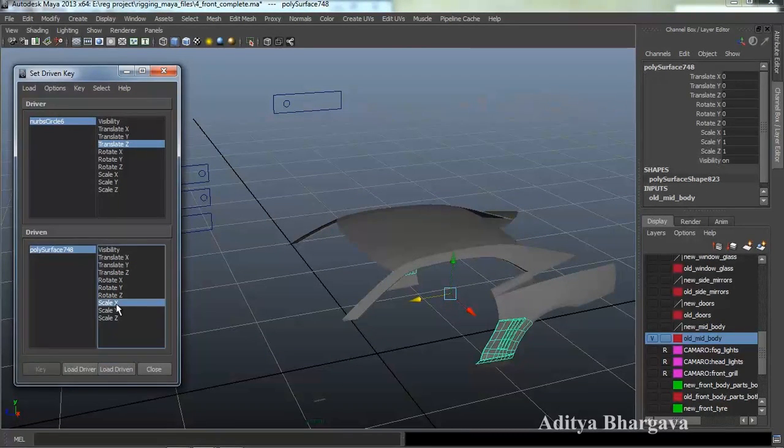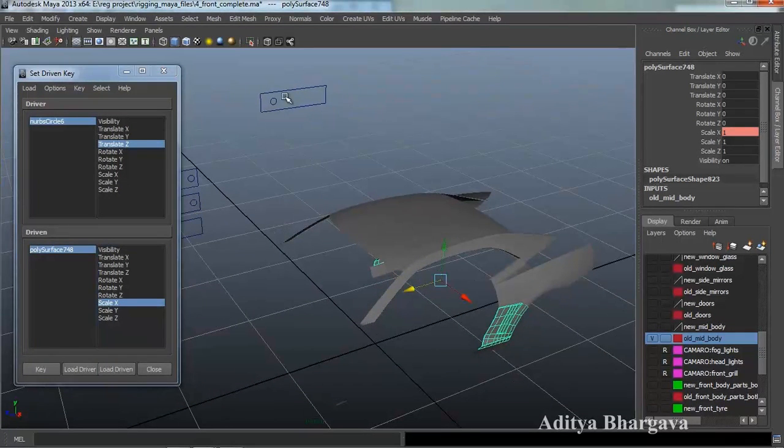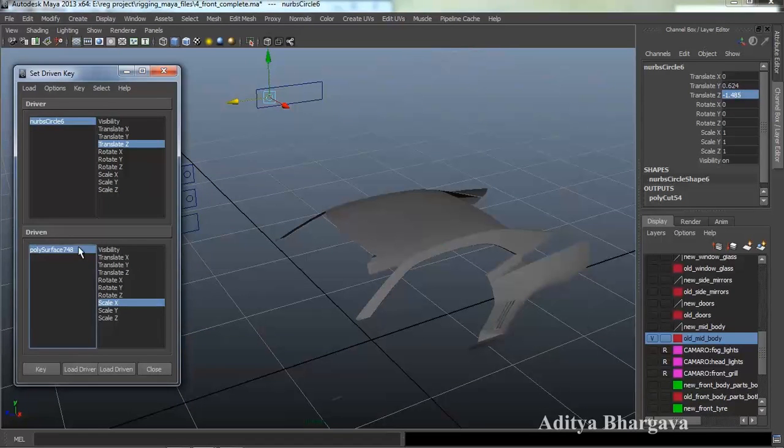Select the scaling of X, we'll press key, we'll copy this value, Control C,